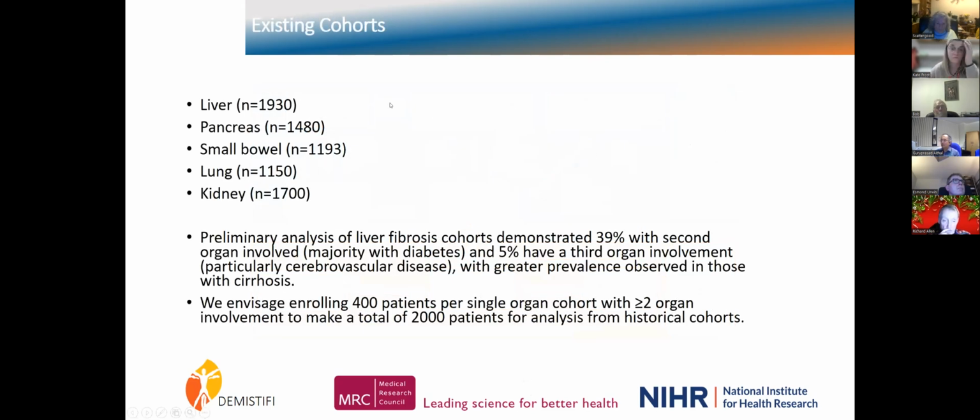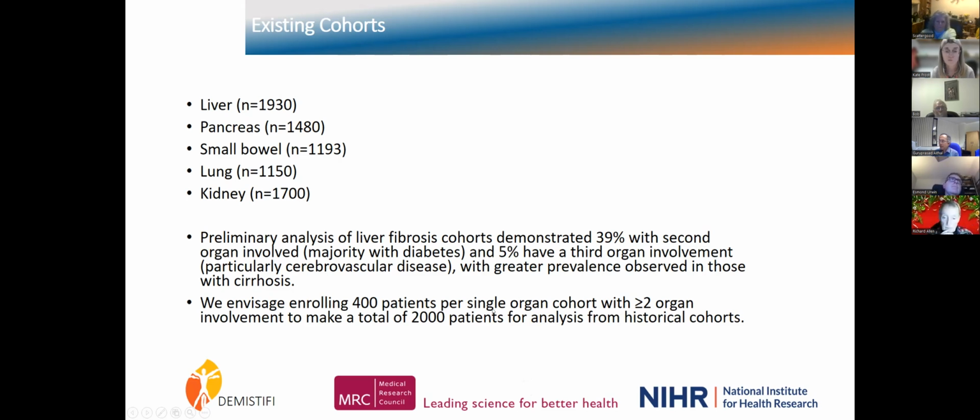And this is the number of people who are in the individual cohorts. Each cohort has got about 1,000 people or more. Some are bigger than the others. Just a preliminary analysis on a liver cohort, for example, shows 39% of them have got a second organ involvement. 5% have got a third organ involvement. And we envisage about 400 per cohort